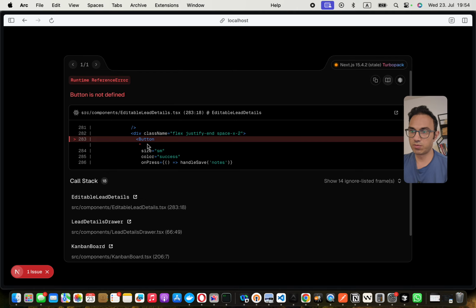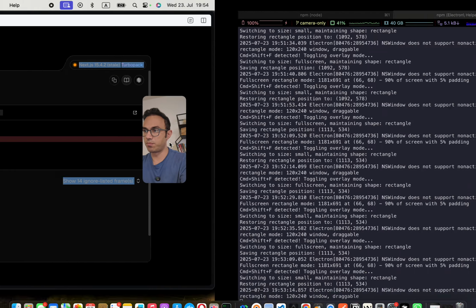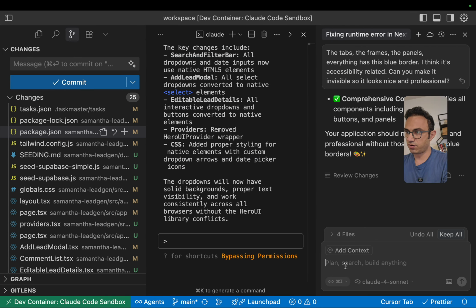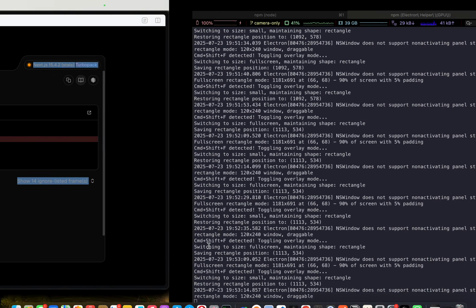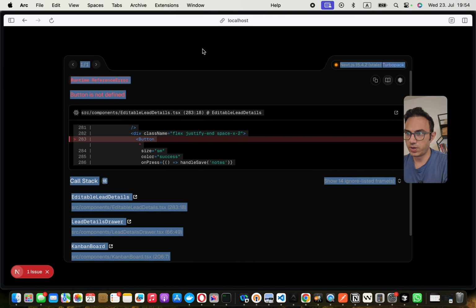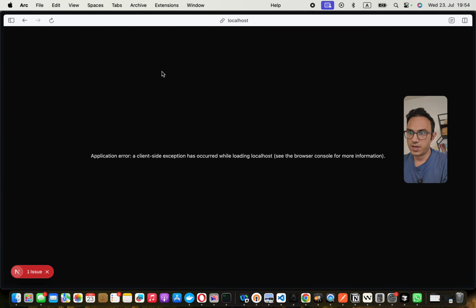I tried to also bring in Eero UI. This particular error is coming from the Eero UI leftovers. Can you check and make sure this is fixed all over the code base? What I would like to show until this fix is done is that